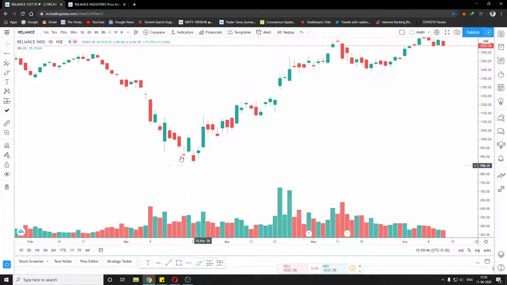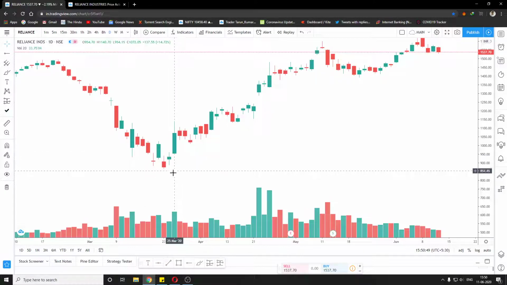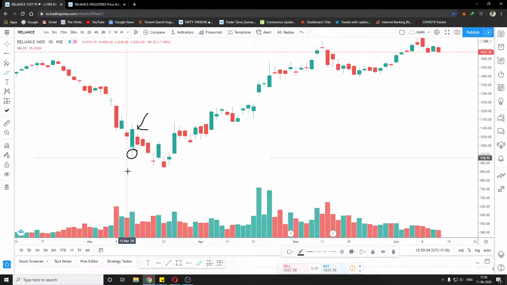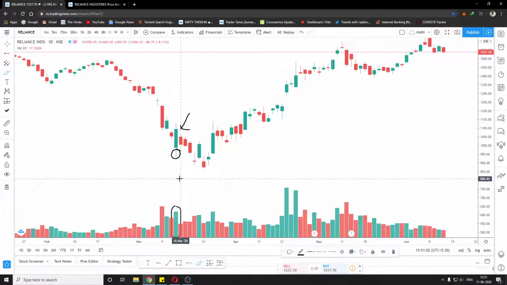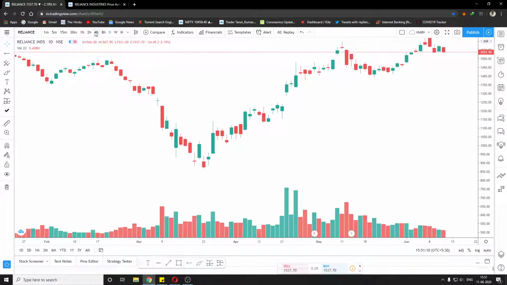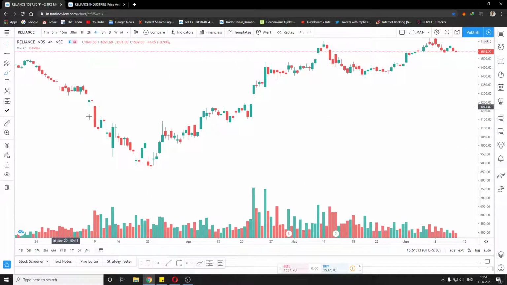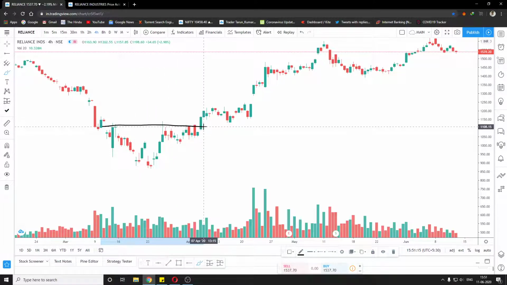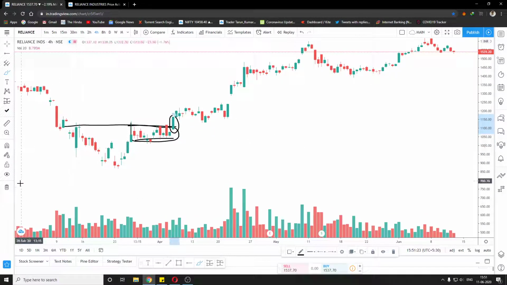So at this point we get alert. We do not buy, but we get alert as to what to do. Then we had this candle, a lower wick, big volume. This is a good sign. Now we have to wait for the market to form a support and resistance. Then there were other candles, these candles, and if we go to a smaller time frame, we can see more clearly that we developed a resistance at this level, and then we developed a support at this level. If we look at this particular area, after this breakout, we buy.